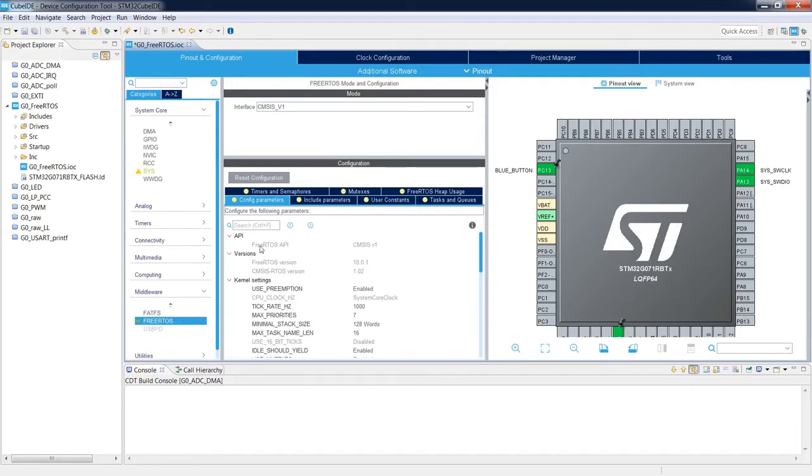Let me remind you that all of the configurations we are doing here would be stored later on in a FreeRTOSConfig.h file, which is the main configuration file of FreeRTOS. The next file is used to add some additional functions to the operating system.